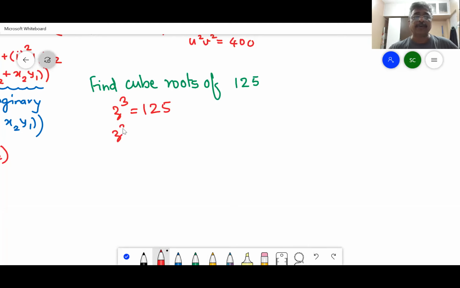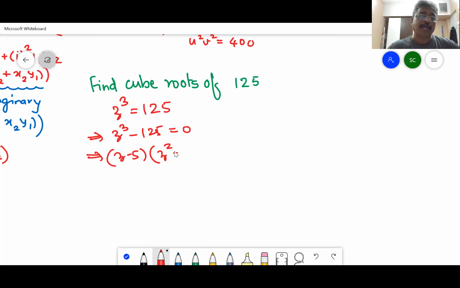So z cube minus 125 is equal to 0. And now this is not very difficult because if we put z is equal to 5, LHS becomes 0. Therefore z minus 5 is a factor of this, which makes it z square